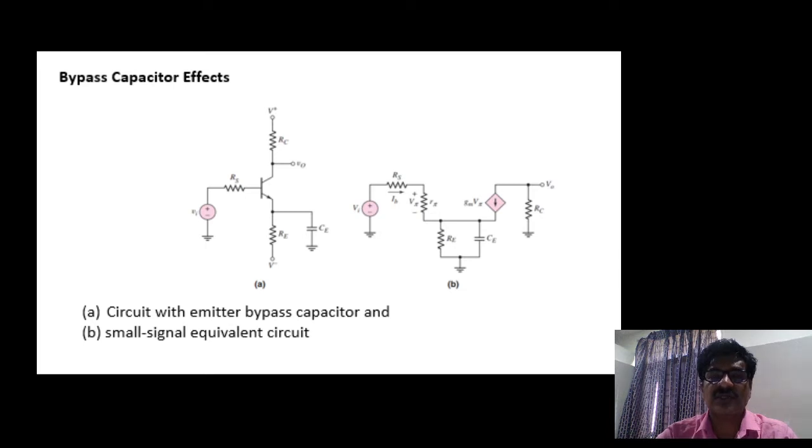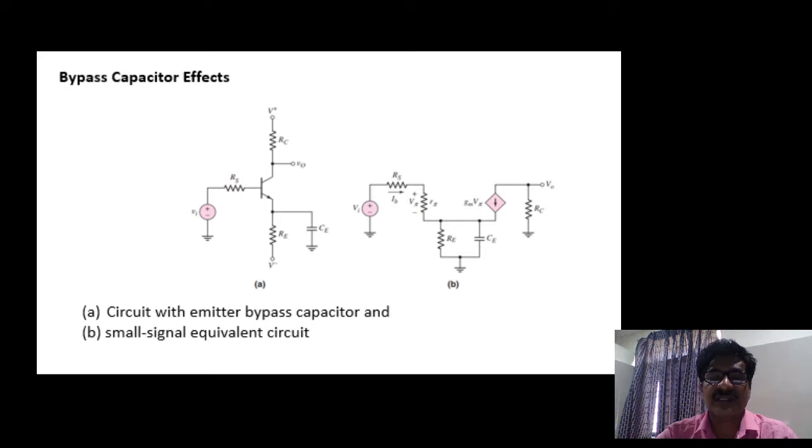Similarly, with reference to bypass capacitor, how the gain should be and what about the corner frequencies, that we are going to see now. First of all, tell me why the bypass capacitor decreases the gain with the reduced frequency. That means